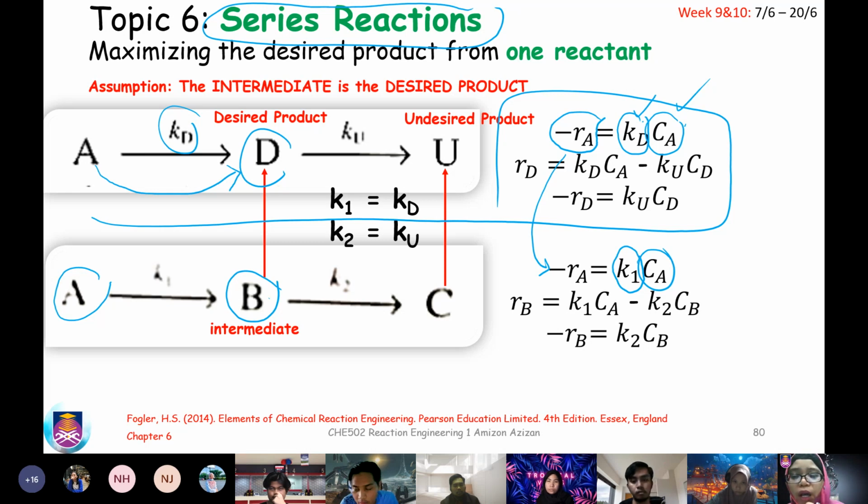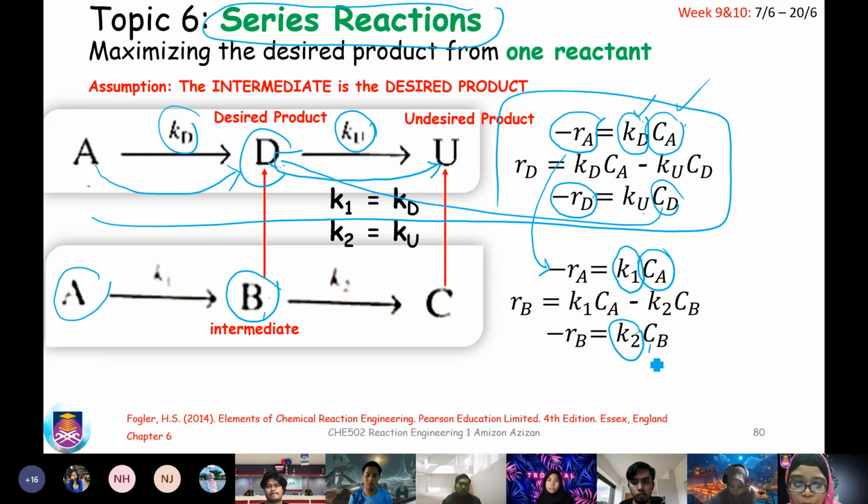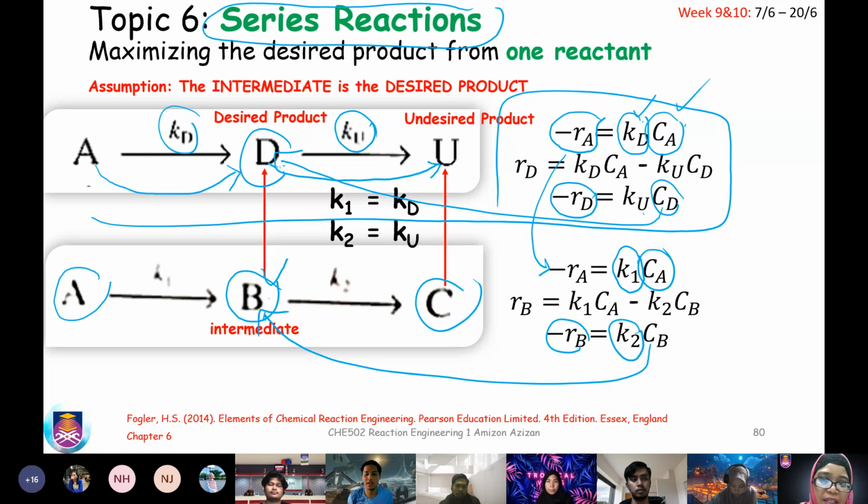Now, if we see D producing U, the D is the reactant. So simply the rate of disappearance of the reactant is the Ku times the CD, which is the reactant. Same goes here, K2 times the reactant concentration, when we talk about the rate of disappearance of B to produce C. Okay, clear? Now, if we want to write the rate of formation, so in this case, we are talking about